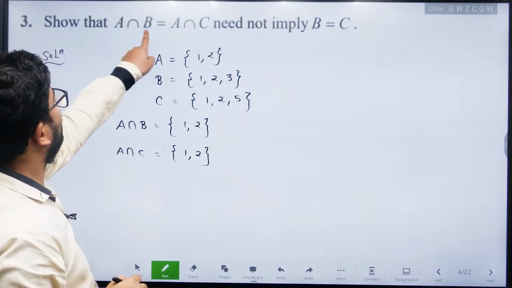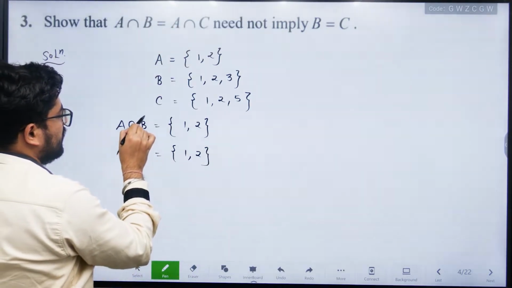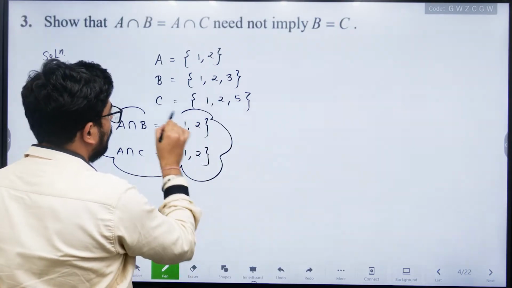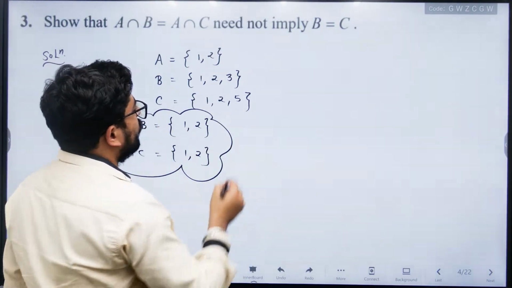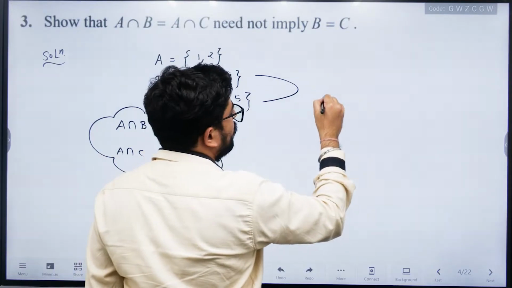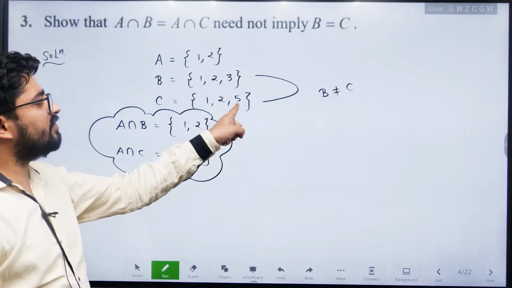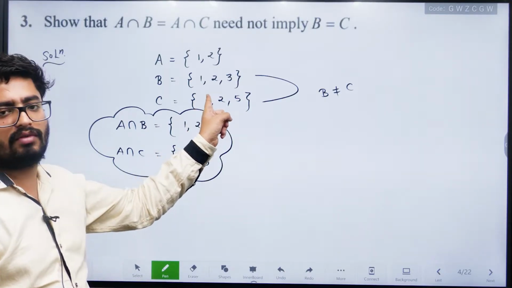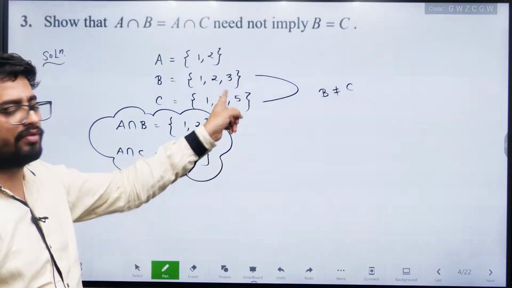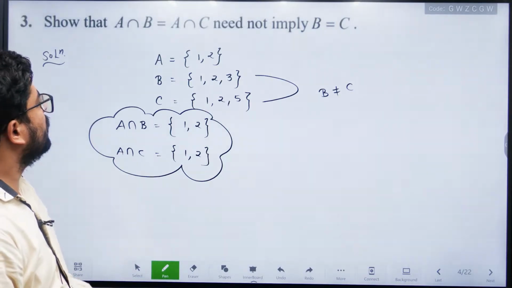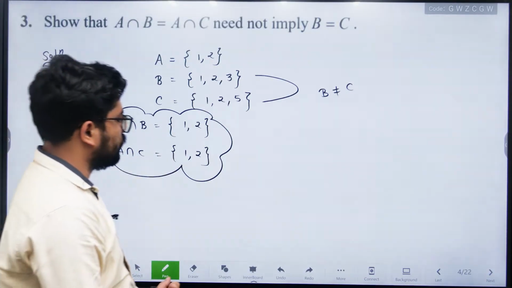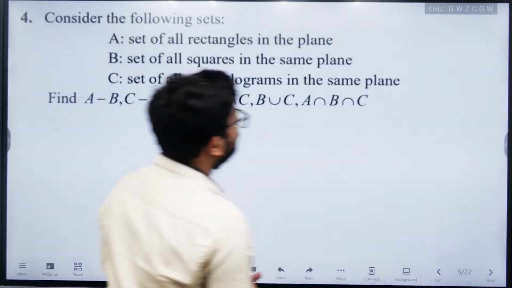So both are equal. A intersection B equals A intersection C. Yes, both are equal. But B is not equal to C. Why? In C we have 5, but in B we do not have the element 5. Okay, so both are not equal. So that's the example for your question. Next is